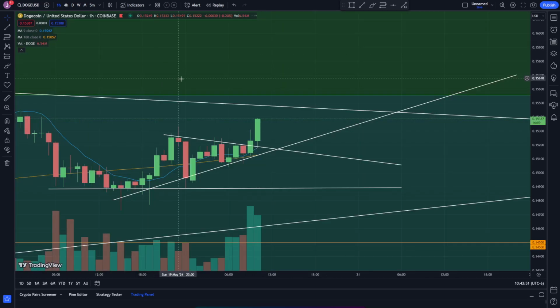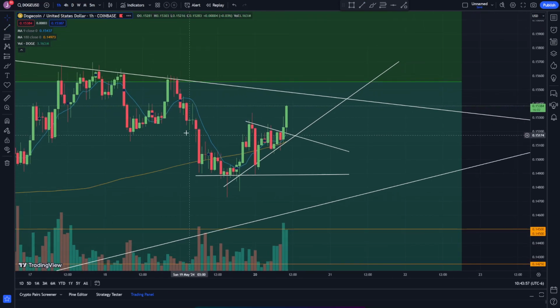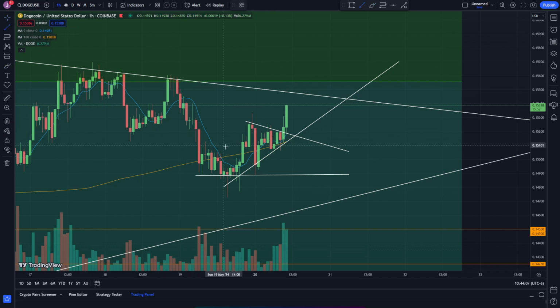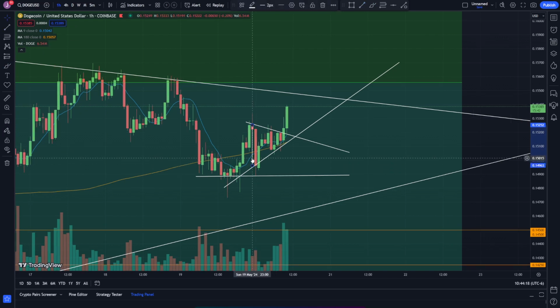Let's go back to the hourly time frame and see where I'm getting some of this stuff. I think maybe what we're looking at right now, like I said, is some sort of target pattern, where on the 4-hour we have this uptrend right here, and then we have this downtrend right here. Maybe we're looking at a triangle pattern. Let me draw it, something like that, and we could drag from the top to the bottom of this pattern, drag this to the breakout,